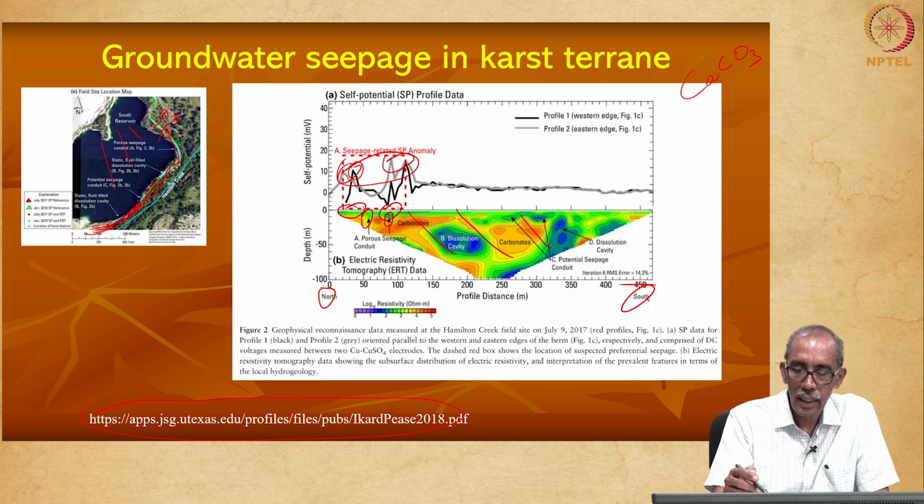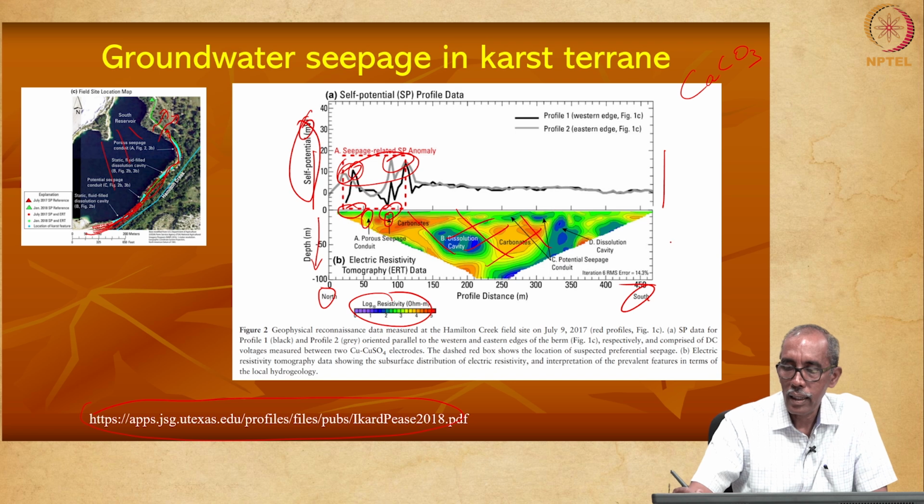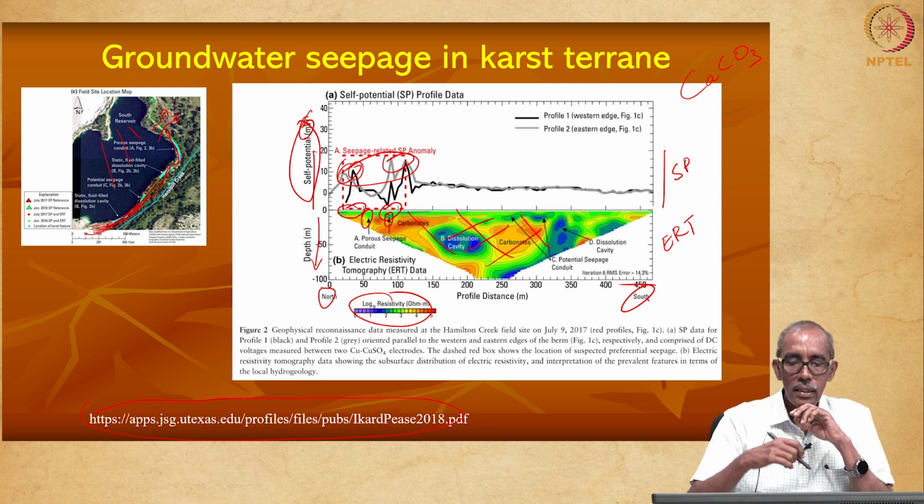The bottom diagram is electrical resistivity and this one is the cell potential profile in millivolts, right. This is depth. This survey was conducted by electrical resistivity tomogram, ERT. This is the cell potential method at the top, right. So, here they had made use of both the electrical tomogram, that is the electrical resistivity method, as well as the cell potential method, right.